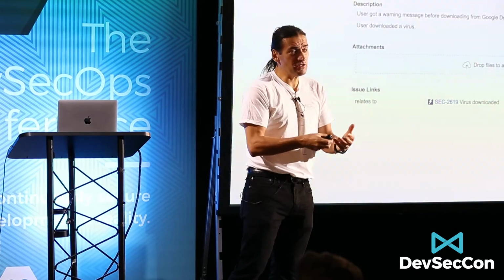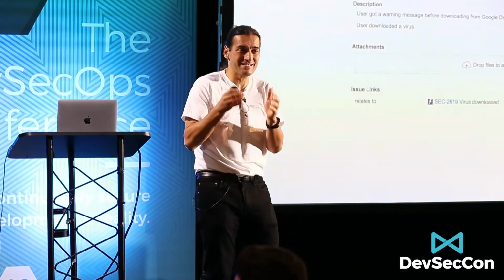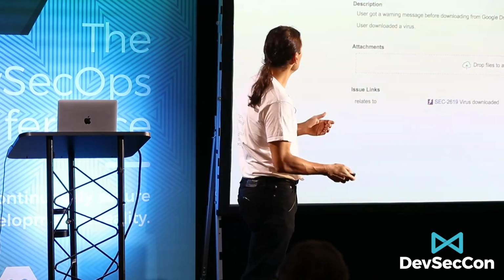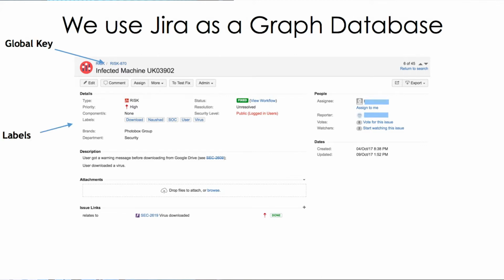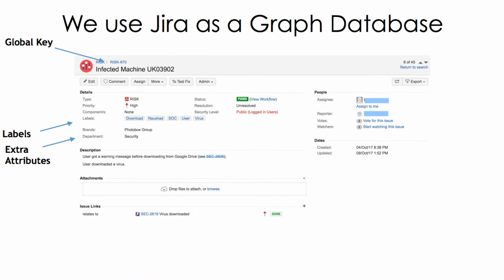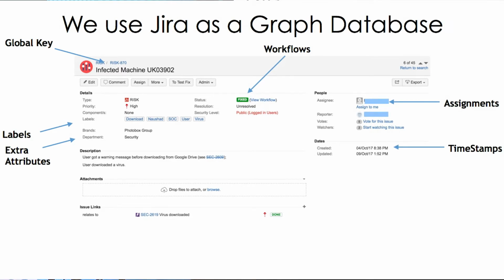So it was quite interesting that I was using Jira quite a lot, and then one day I realized, actually, this is interesting. We're actually using it as a graph database. Because if you look at this, we have our global key, in this case, that's the risk, right? That's the global key, that's the unique identifier for this. And then we start to have labels, that's cool. We have extra attributes, so this is already attributes that we particularly added. You can then have the workflows, which already show the workflows. You can have assignments, you can have the timestamps, and in this case, you have linked that to